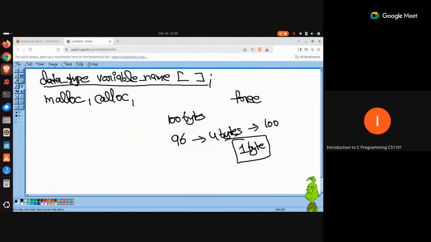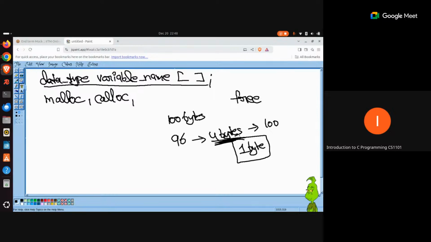And here the scenario is that the extra 4 bytes that you had requested, you are already done with that. You don't need those 4 bytes anymore. You wanted to store some data in that, you have already stored, used and processed that, and the work for those 4 bytes is over. So the ideal scenario is, when you requested this 4 bytes, the operating system did allocate this memory to your program, but as soon as you are done, it becomes the programmer's responsibility to free this chunk of memory.